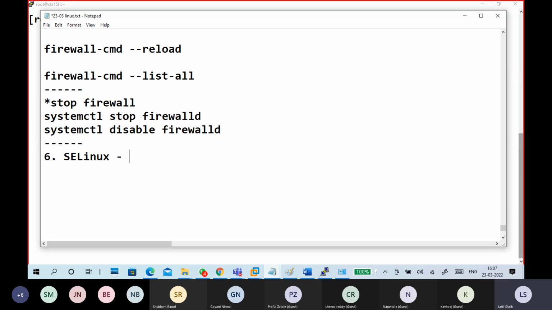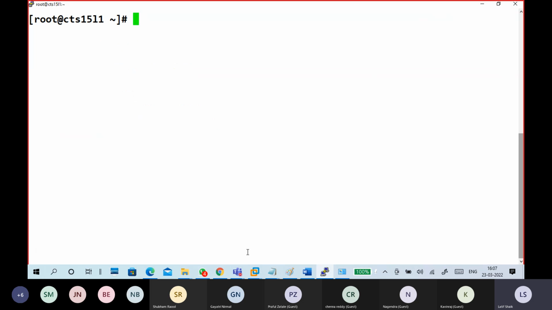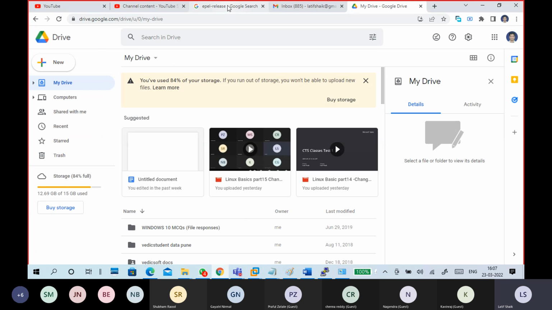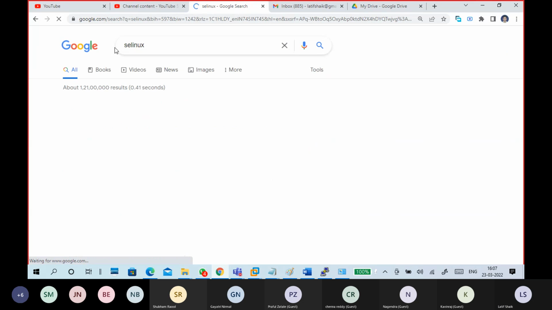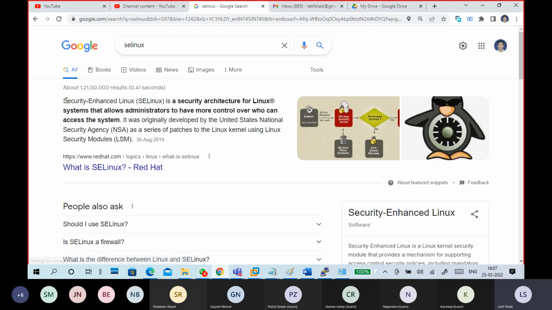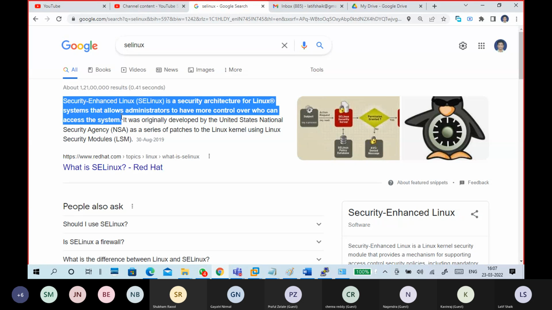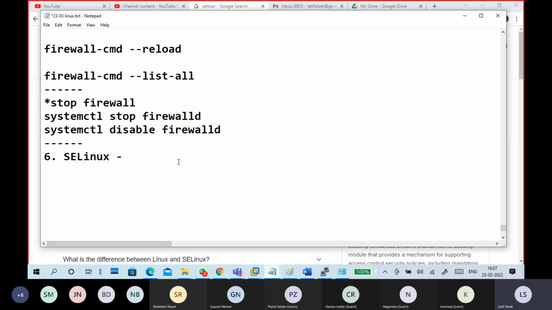Okay, SELinux: Security Enhanced Linux. Okay, so what is this Security Enhanced Linux?